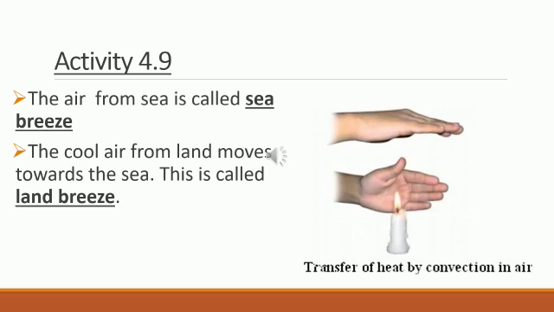The people living in coastal areas experience an interesting phenomenon. During the day, the land gets heated. During daytime, the land gets heated faster than the water, so the water won't be as hot. The air over the land becomes very hot and it rises up. The cooler air from the sea rushes in towards the land to take its place. So the warm air from the land moves towards the sea to complete the cycle.